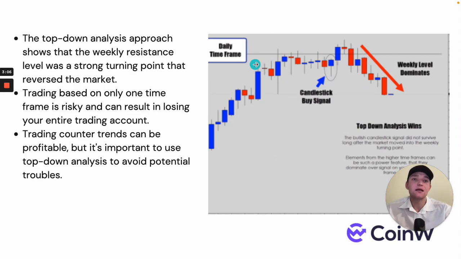But basically, the top-down analysis wins. So over here it says the bullish candlestick pattern did not survive long after the market moved into the weekly turning points. Elements from the higher time frames can be such a powerful feature that they can dominate the signal within the day. So you always have to look at the weekly chart and then go down into other time frames, because if you're doing